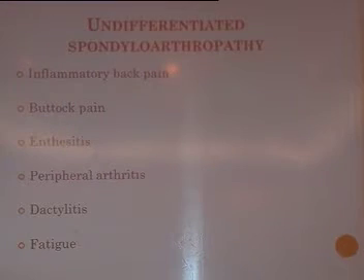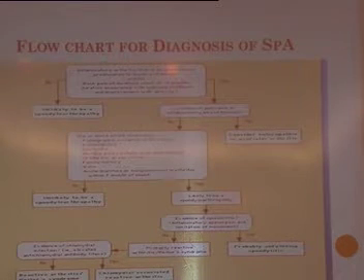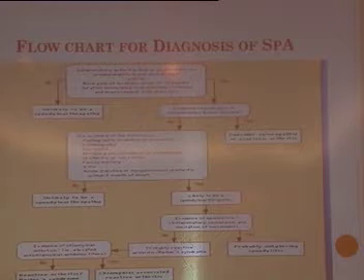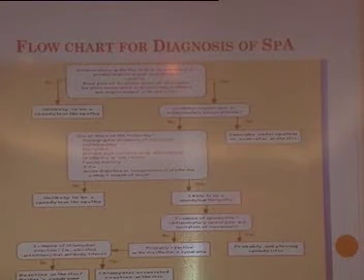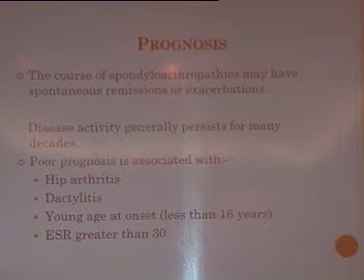So these are some of the pictures of how the extra-articular manifestations look. We need to take a detailed history and a careful clinical examination so that we can clinch the diagnosis. On the basis of the epidemiological features, the involvement of joints as well as the extra-articular manifestations, we come to the diagnosis. Regarding prognosis,